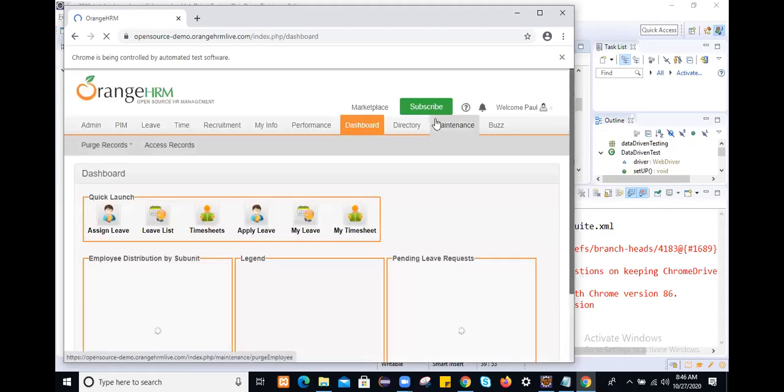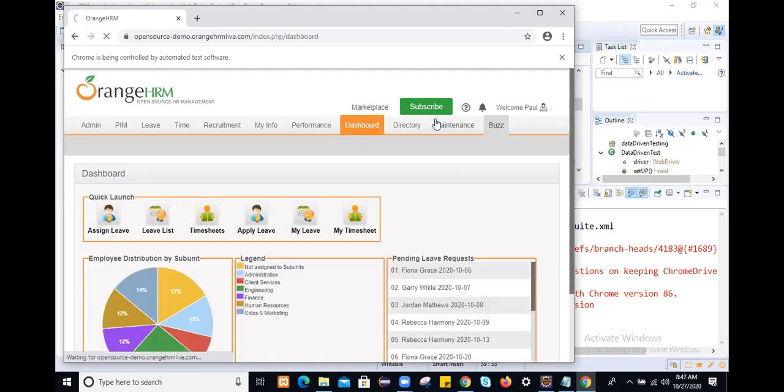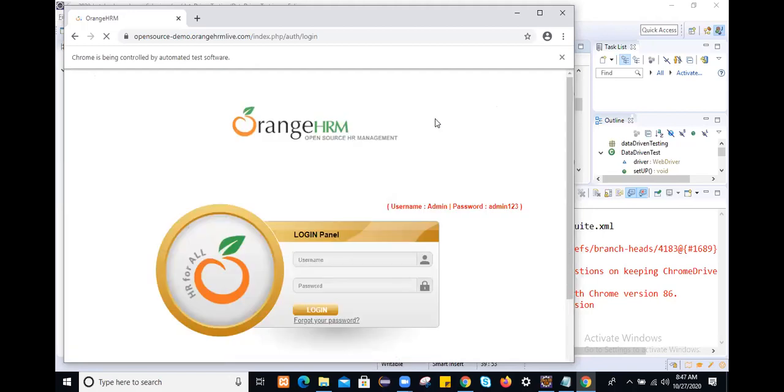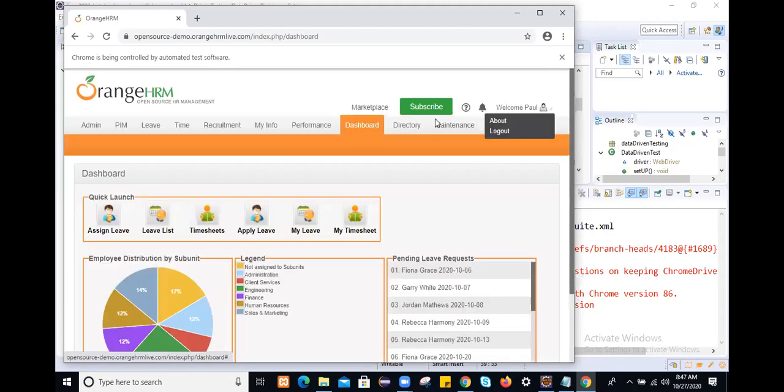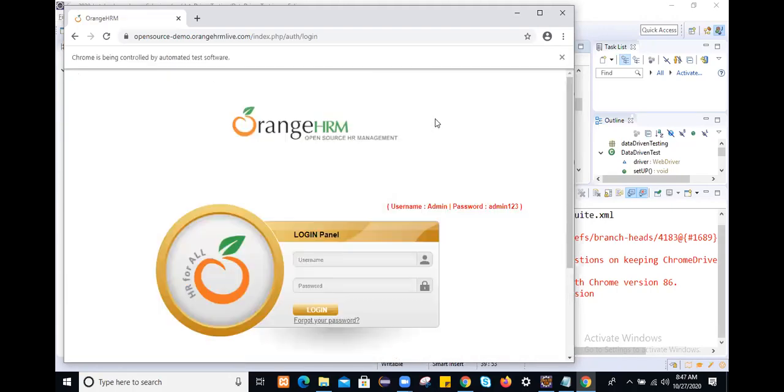This is the first valid set of data for the valid test case. Actually, the second is also invalid, but with that invalid credential it can still log in to the application. For the username admin, the A is capital, but we are not passing A as a capital. This is the third set of data, invalid data. So you are getting one message, invalid credential. Here also you will get the message invalid credential once you perform login. And finally, it will close the browser.